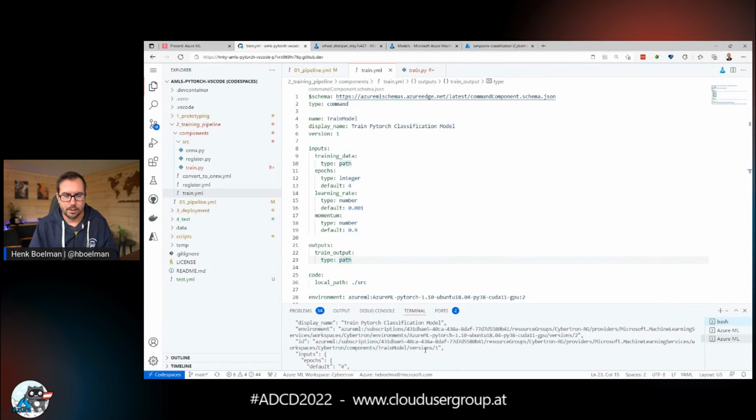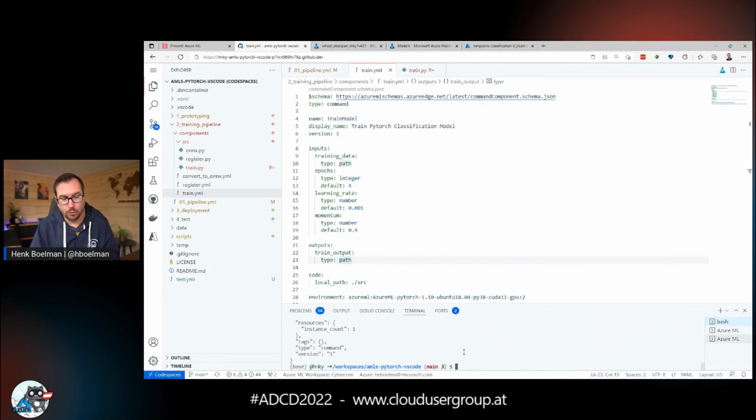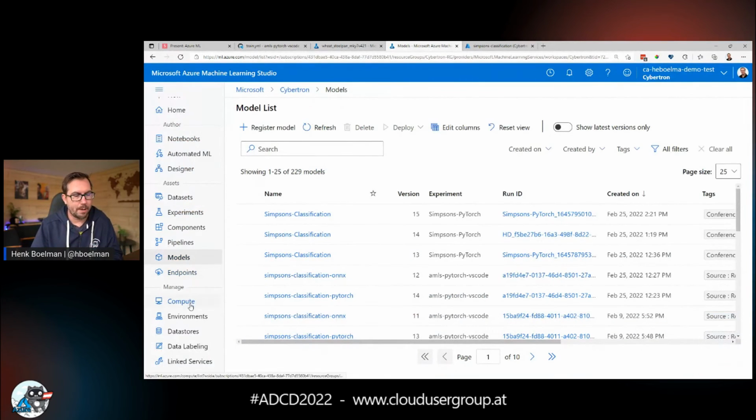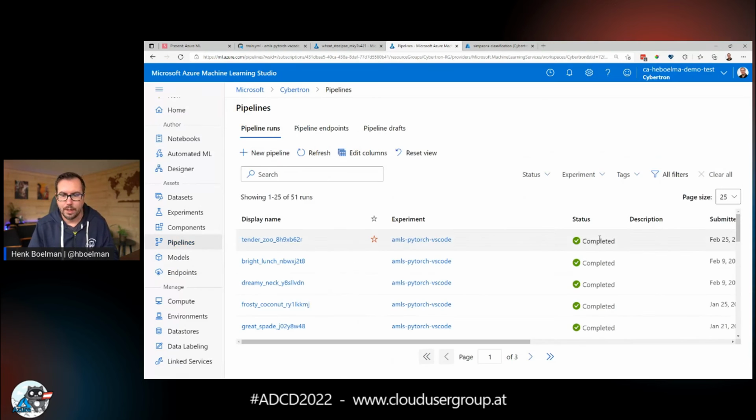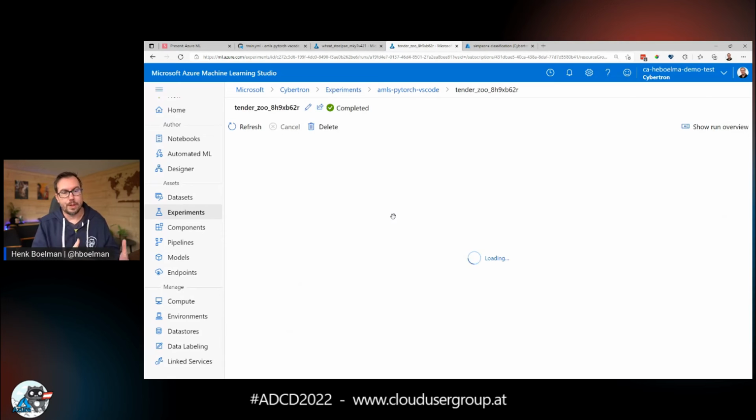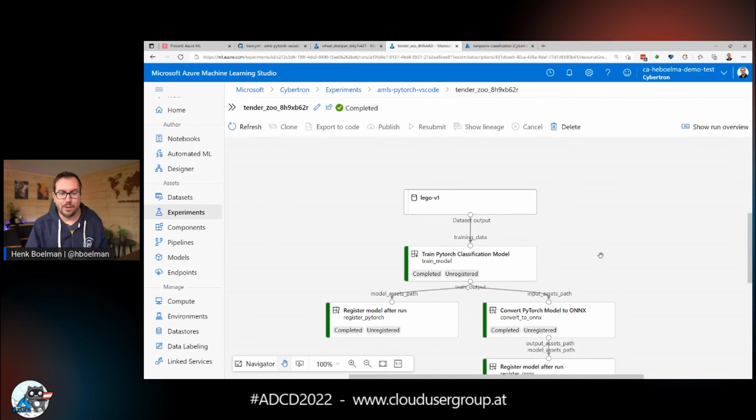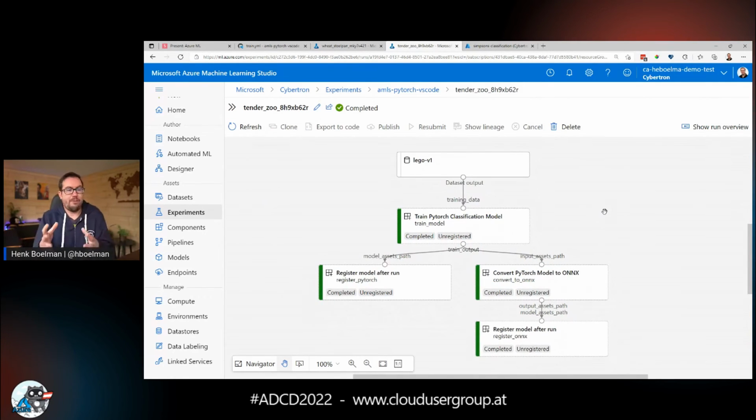And it has hopefully accepted it. So now we can go back here to the pipelines tab, and we should see our Azure Machine Learning pipeline appearing here soon. In the meantime, while we wait for it, we can go to the previous pipeline I've run. And the really nice thing is that it kind of visualizes it for me. So here I have my Lego version 1 dataset input,